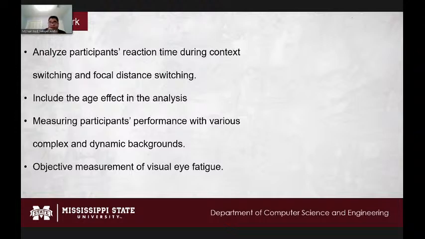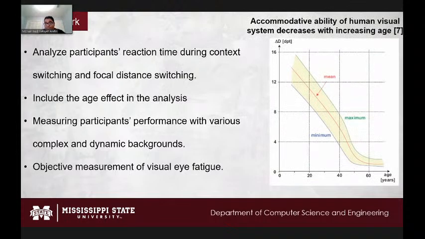Another thing we want to include in the future is the age effect. Basically, this graph encourages us to consider this. This is a graph from the human eye book. In the graph, you can see that the x-axis shows different ages and the y-axis shows different accommodative ability. In previous studies, we found that the accommodative ability of the human visual system decreases with increasing age. Here in the graph, you can see that as age increases, the accommodative ability